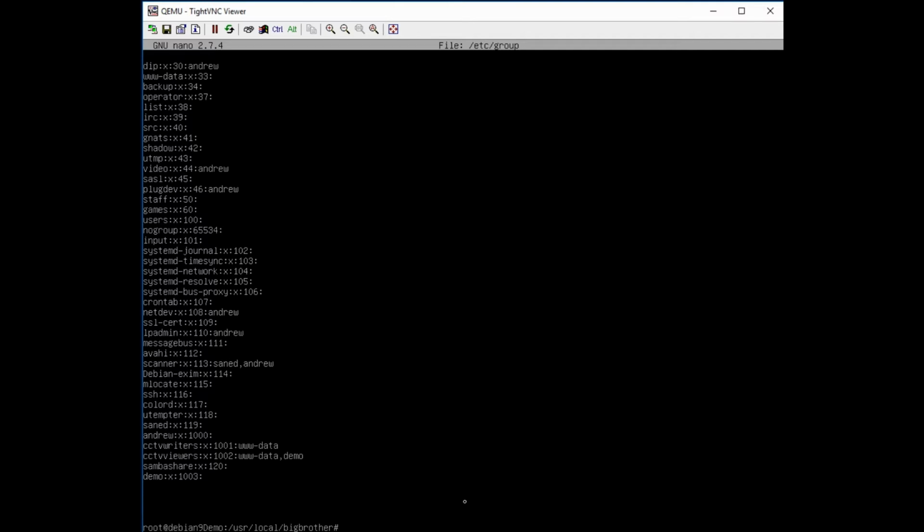So if this web server wasn't just dedicated to doing the CCTV, if you've got other people running other websites on this web server, they could write a script which could send a signal to BigBrother to shut it down. Unfortunately, at the moment, there's not really a way around this. The kill command obviously has the ability to send any signal, and